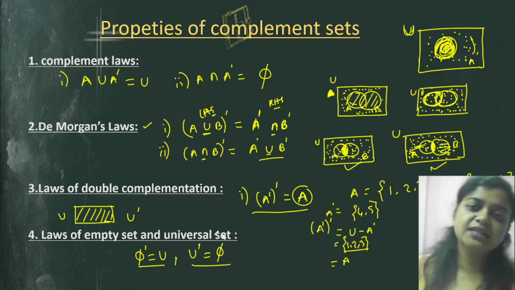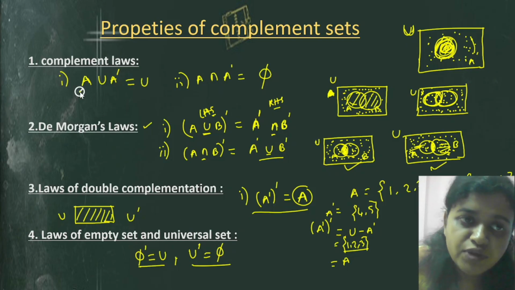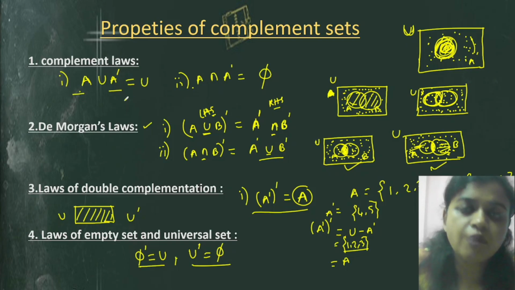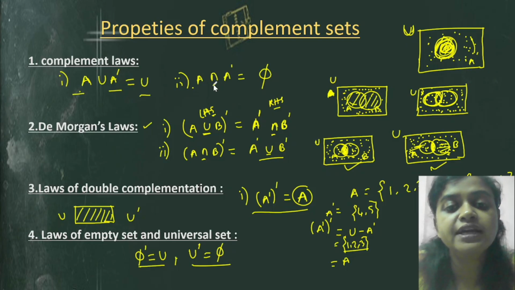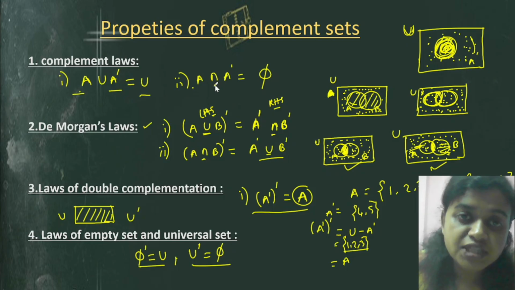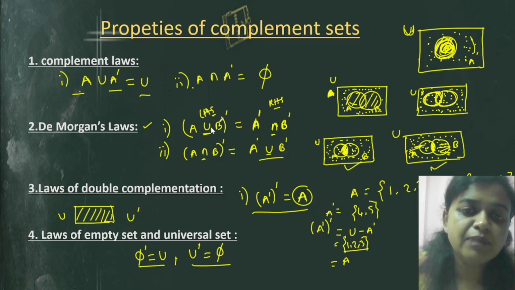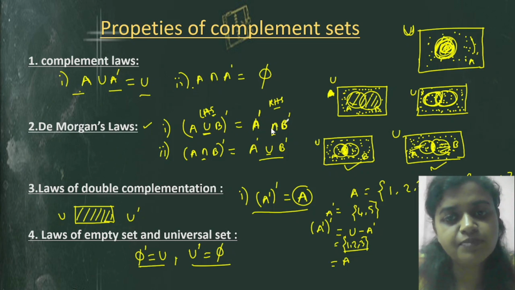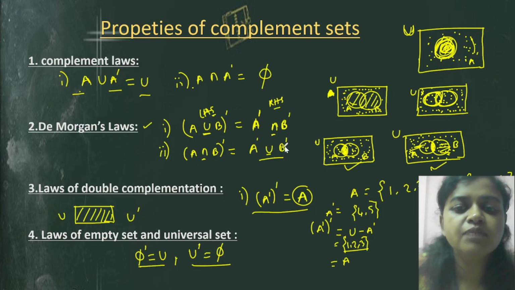I hope you understand the rules. So let's revise again. The union of any set and the complement of the same set gives the universal set. And if you find the intersection between a particular set and its complement, you will get phi. And (A union B) complement, between two sets, it is applicable: you will get A complement intersection B complement, and (A intersection B) complement, you will get A complement union B complement.